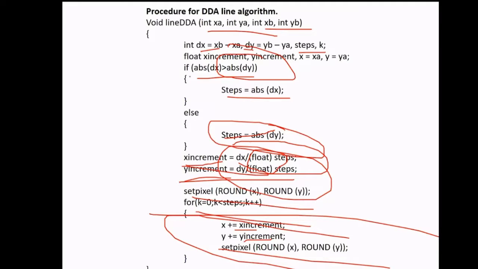So see, if we are considering this case, we have to take the absolute value, and if we are considering this case, then we don't have to take the absolute value. Whatever value we get, if it is negative, then we have to consider that negative value. If it is -1, then we have to put this over here in this algorithm, so we consider x minus 1. At each and every stage we have to check for that particular thing.